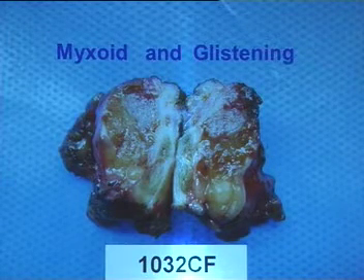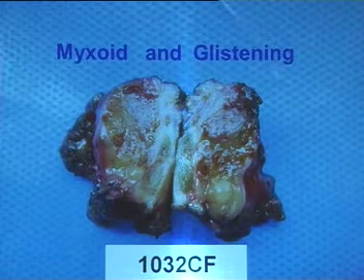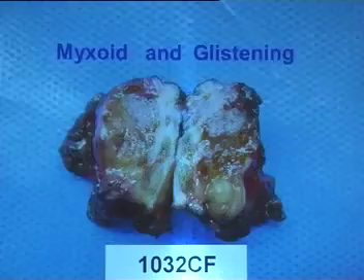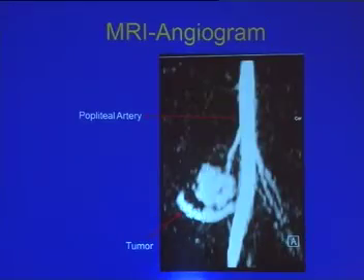Manish, again your case, you'll remember this. It had a very myxoid, glistening and gelatinous appearance. And histologically, it had a very variegated appearance, but the dominant appearance was almost like that of a chondromyxoid fibroma. So it had these very myxoid areas. It had fibrous tissue. It also had giant cells, but it also had this hemangiopericytomatous-like vascularity. And there was this grungy calcification in some of the foci.